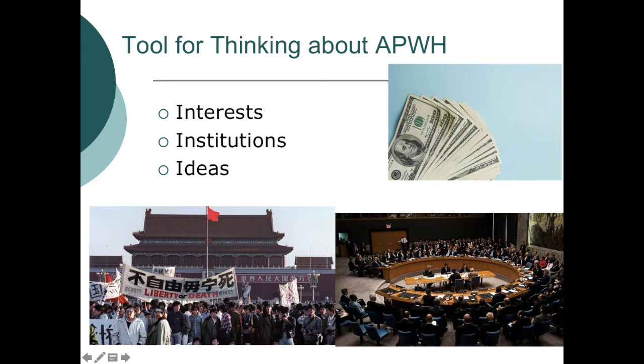It's a tool that I borrowed from one of the excerpts from an OpenEL course that you're assigned. So basically, this tool allows us to explain events in AP World History and better understand them. So interests kind of help drive the world. And what do I mean by interests? By interests, usually,